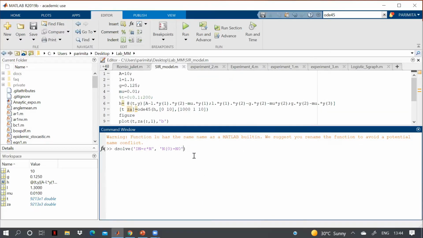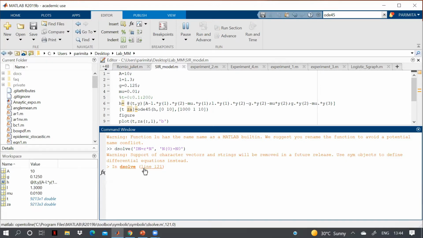Yes, ma'am. Okay. So see, I have written this simple code. This dn means I'm solving a first order differential equation, and this is my initial condition, like n0 is n naught. You can even put 150, but I want to make it more general, so I put n naught. And when you press the enter key, it is showing some warning, but it will give the answer. So this is n naught exponential, whatever answer you gave me, it is given by MATLAB also.